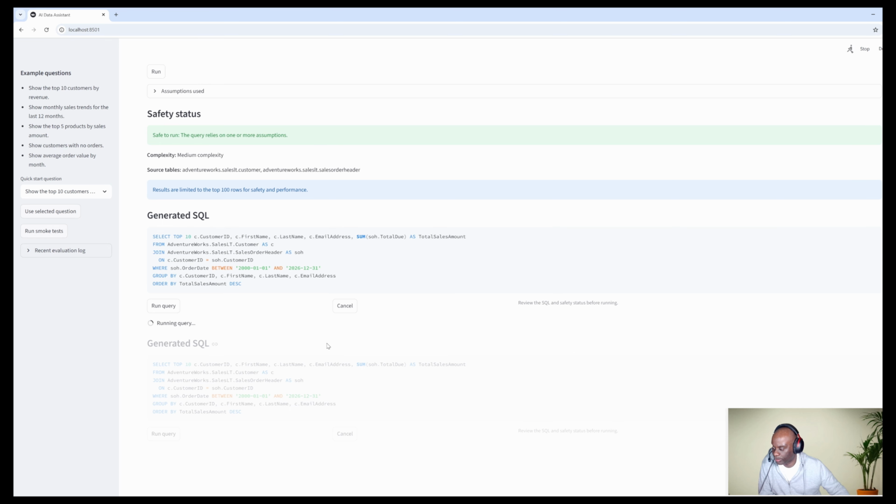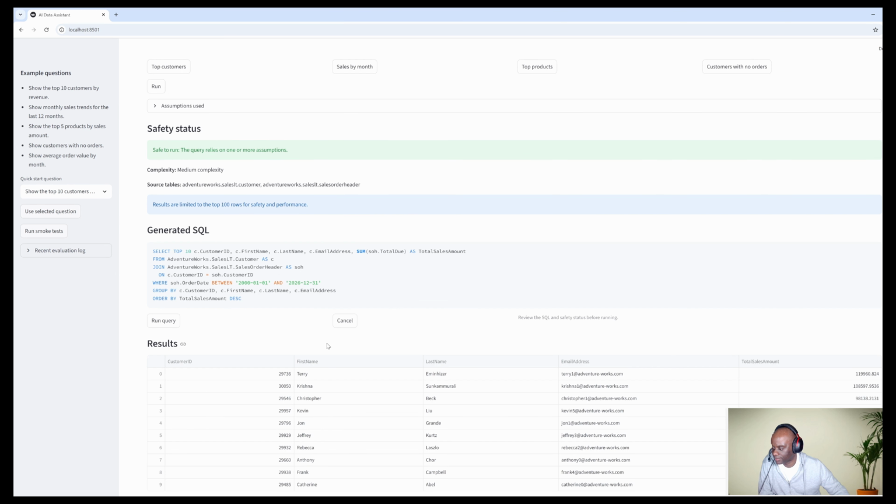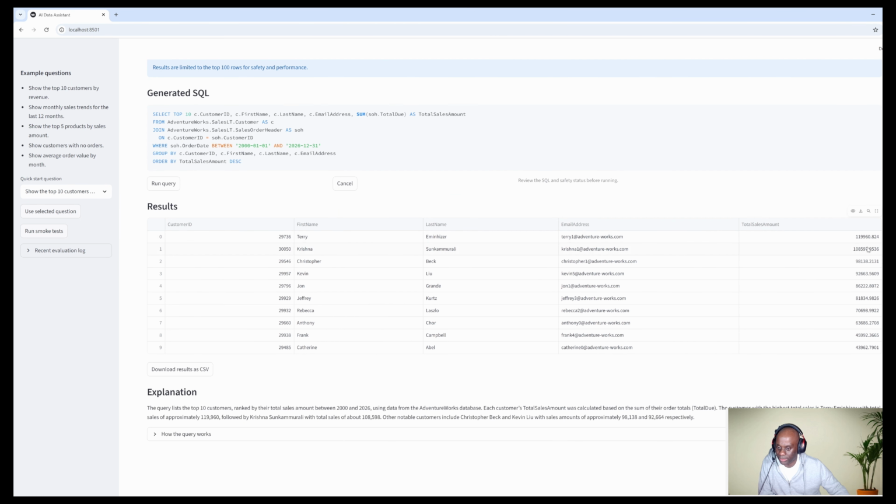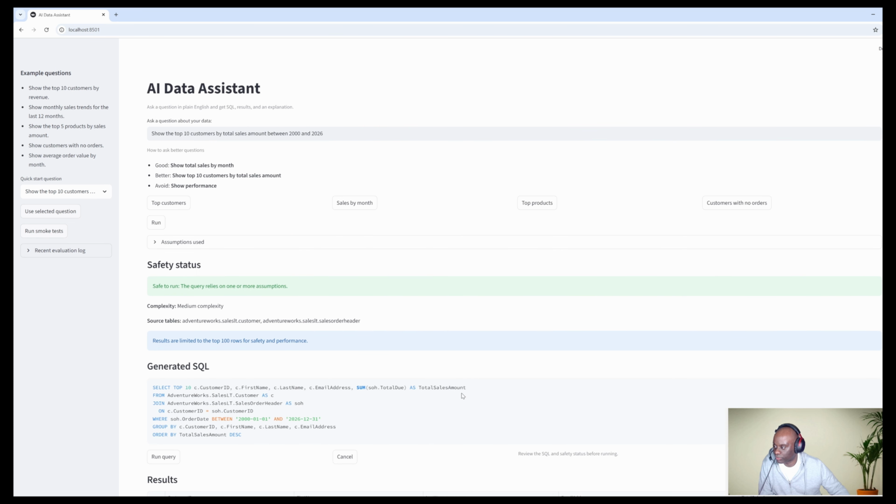Again, it will run this query. If I press the run button, it will generate the result, and you can see that Terry is the top earner, and it's got this amount of money. It's actually written an explanation, an insight of that data as well, with Tony being there with this amount. And it even says followed by these people, by this person. If I was to run this query again,